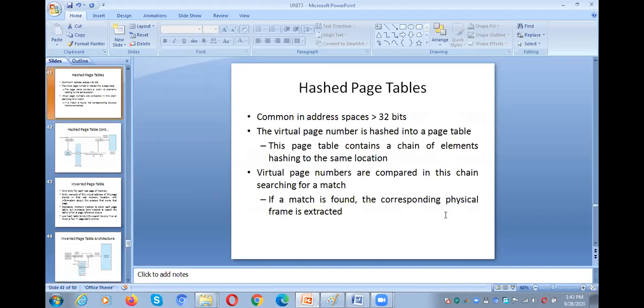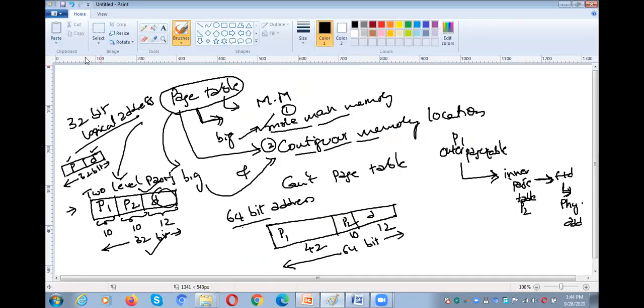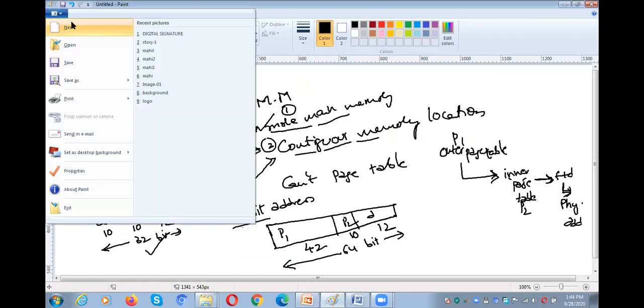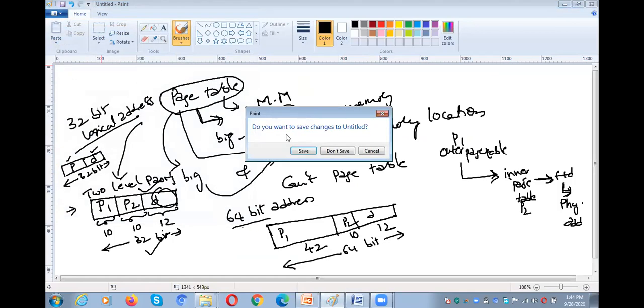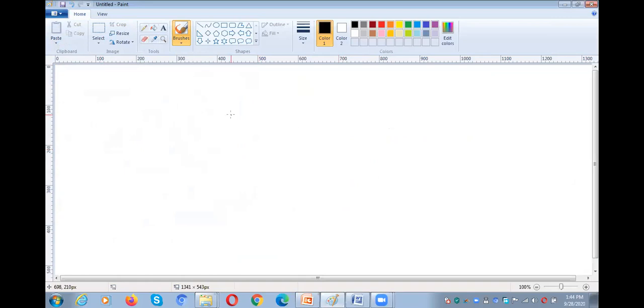Okay, and then when we move to the hashed page table, observe the first line. If the address space is greater than 32 bits, that means the logical address space is greater than 32 bits, then automatically the page table size is even bigger.